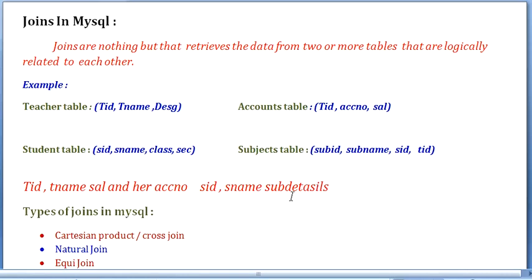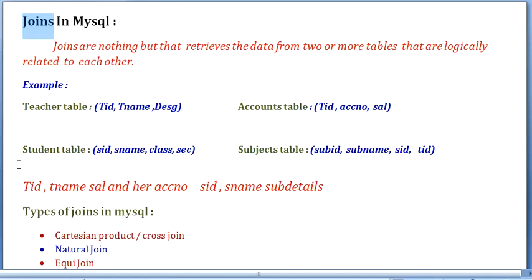I need to depend upon the fourth table, the subject table, which is linked with the student ID. From there the subject names I can easily fetch. So here also, the data I want is in two different tables, so we need to go for joins.